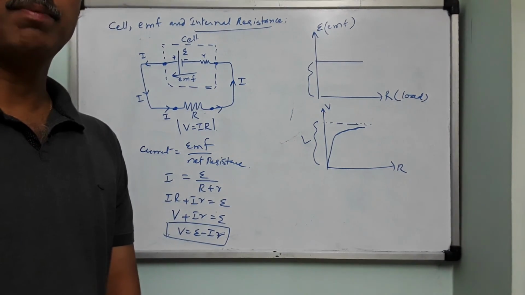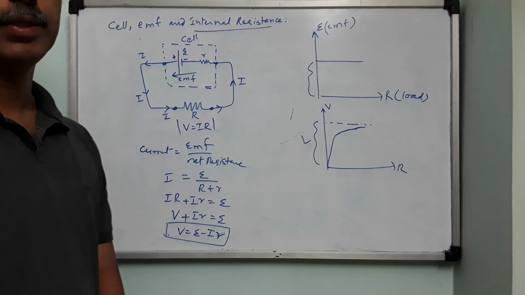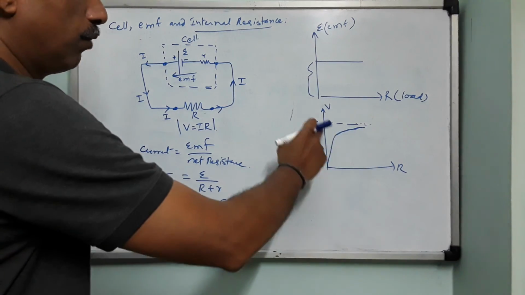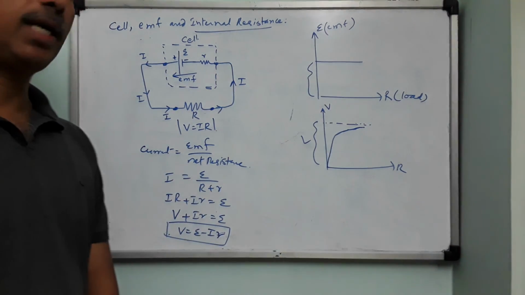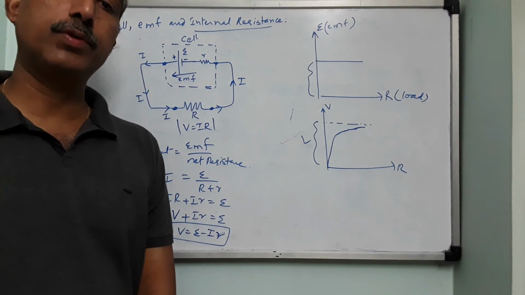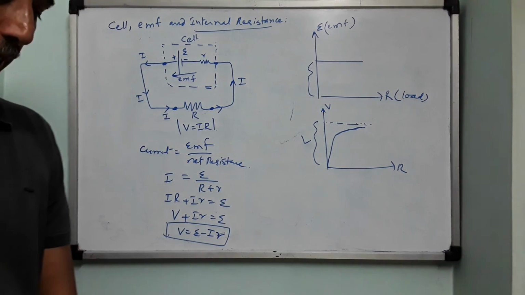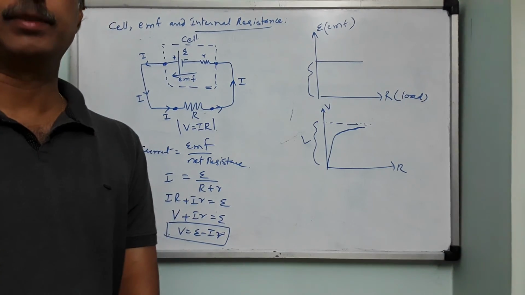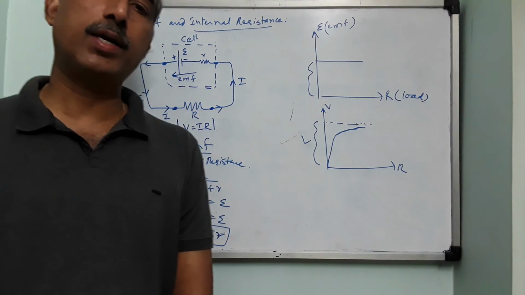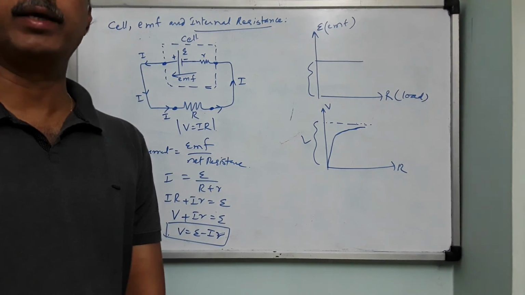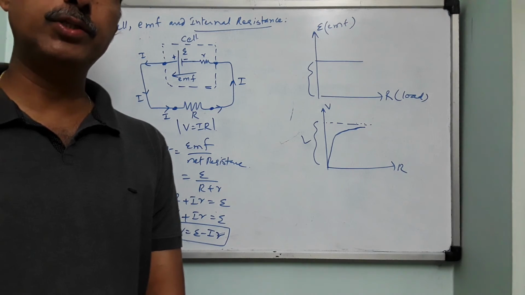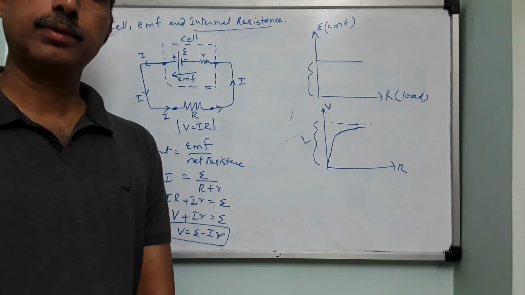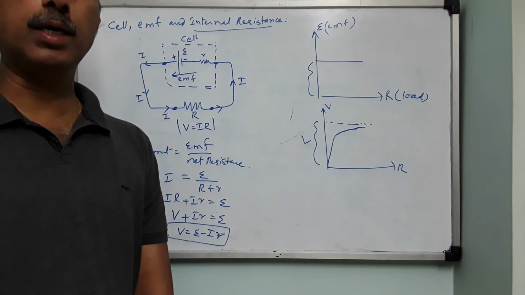This is one of the important questions for 2 marks. Distinguish between EMF and potential difference of a cell. Okay, right. So this graph, you remember, EMF versus R and voltage versus R. Then define internal resistance and what are the factors on which internal resistance of a cell depends. Internal resistance is nothing but resistance offered by the electrolyte to the motion of ions inside it. That's all, very simple. On what factors does it depend? It depends on the nature of the electrolyte. What is the meaning of nature? Electrolyte concentration, electrolyte's temperature. These are the things which can matter for internal resistance.